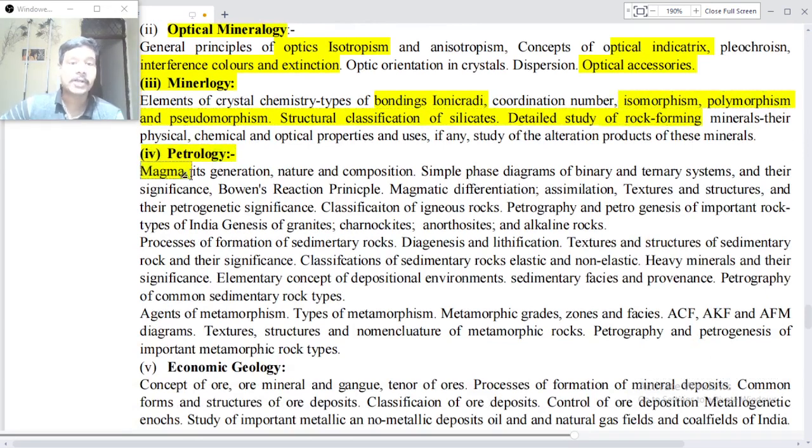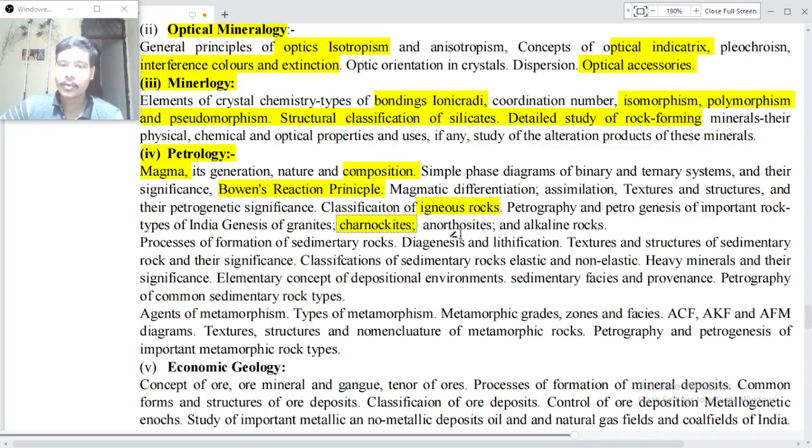Magma, its generation, nature and composition, simple phase diagrams of binary and ternary systems and their significance, Bowen's reaction principle, magmatic differentiation, assimilation, textures and structures and their petrogenetic significance, classification of igneous rocks, petrography and petrogenesis of important rock types of India, genesis of granites,